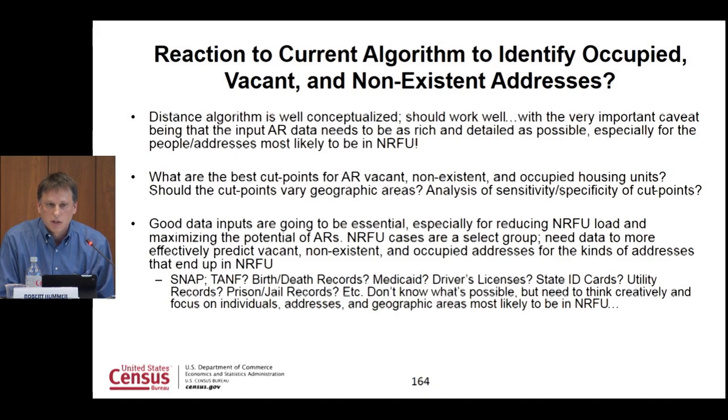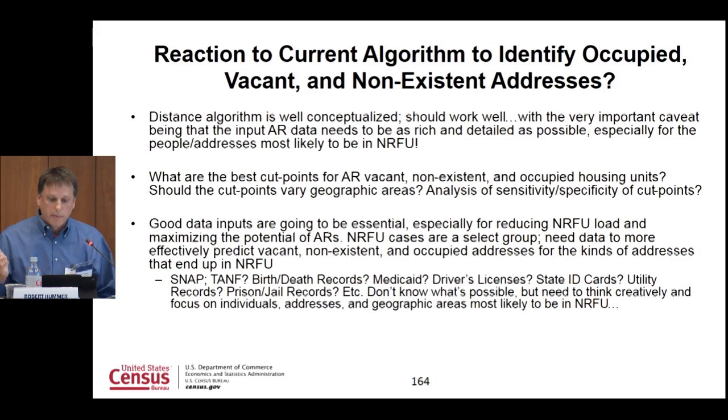And I think using the tax records and Medicare data is great. It's probably the best you can use at the federal level, but that's not going to be the best data to get at the addresses that are the most likely to be non-respondents or non-existent and so forth. So that's where I think the creativity has to come in to use SNAP and other state data to the extent that you can in the right places to be able to do this work more effectively and to inch down that number of households that you need to visit 6 times or what have you.